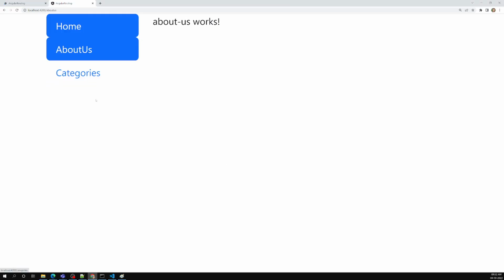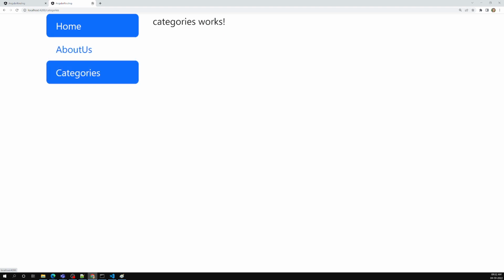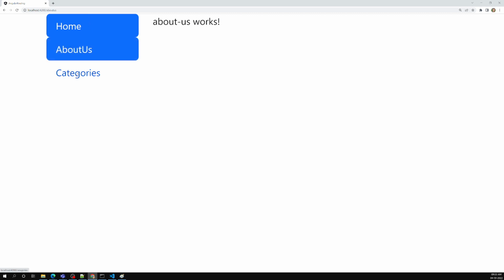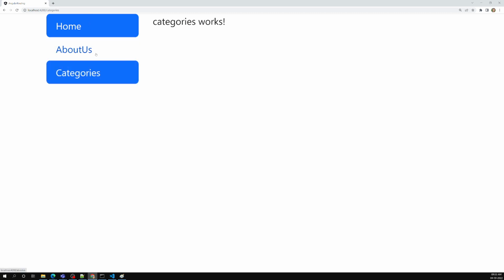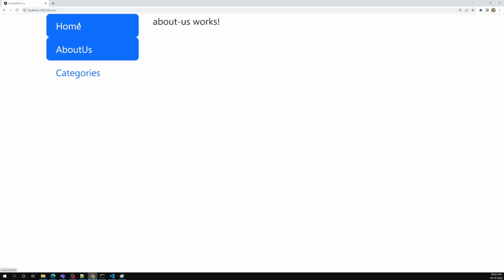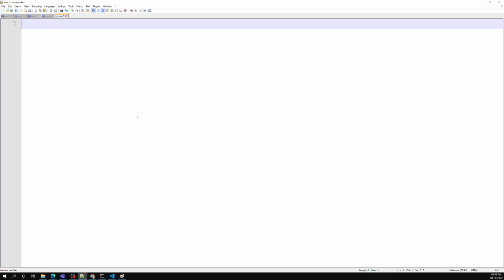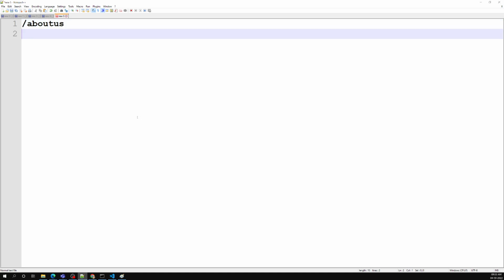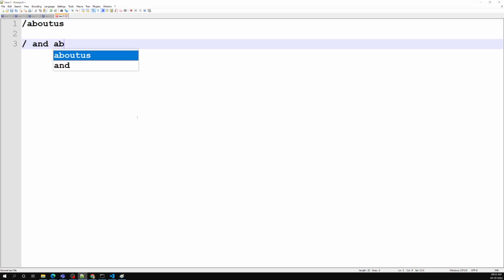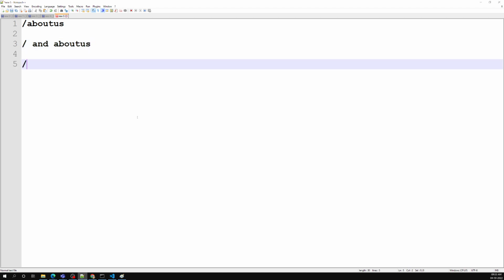Now let's try to see the output. We are able to get the output, but the home page is selected all the time. About us is working fine, home and about us are working fine. But when I am on categories or about us also, home is selected by default. This should not happen. Why is home selected by default? If you observe the URL structure, it is something like slash about us. It is a combination of slash and then about us. Slash means home page,